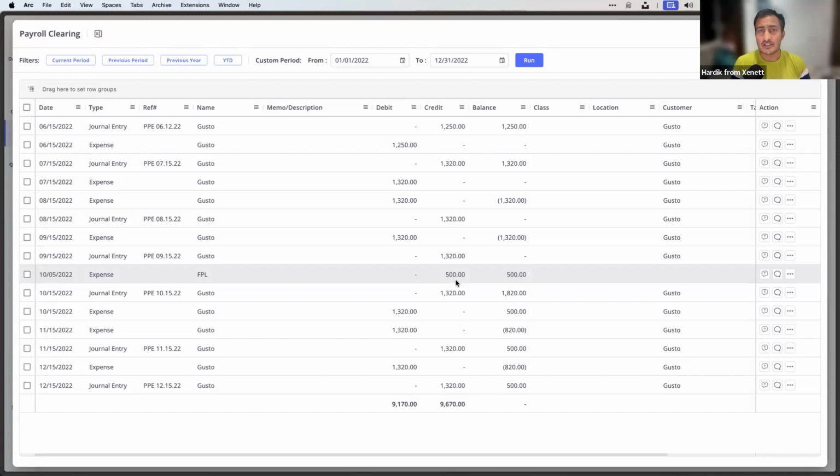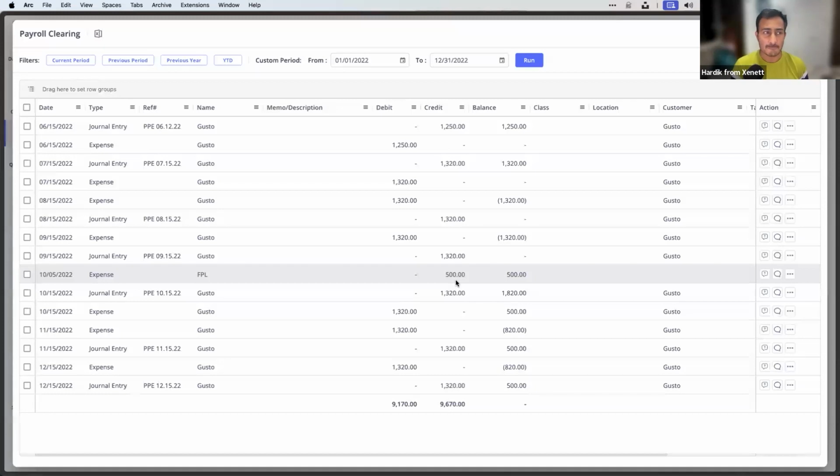Sometimes we have seen that if the transaction is miscoded, that might be throwing the balance off for payroll clearing accounts, right? So ideally, the expectation should be that the latest payroll, which should get cleared or paid in the next month, should represent the balance of this account, right? So again, the idea is to find out those transactions which are causing the differences, and then we need to